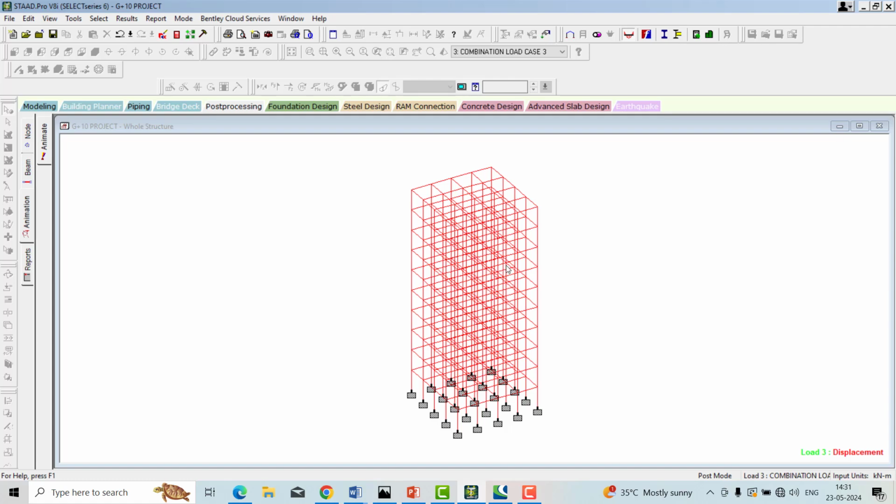Then you just increase the cross section. We also have the design process. After design also you confirm the deflection. Still if you are getting the deflection, we have to increase the cross section along with the bar size and then concrete grade. So this is how we can do the analysis of G+10 by applying the dead load, live load and then combination.